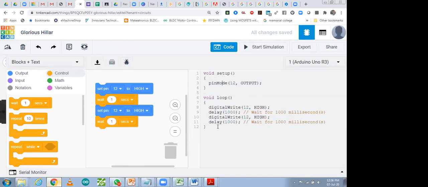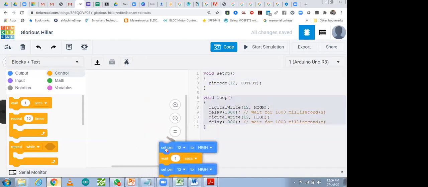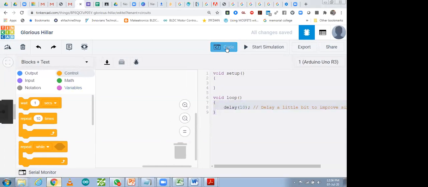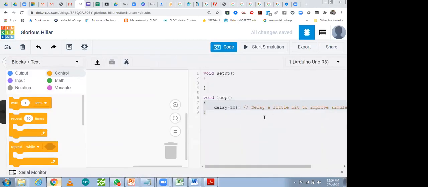Yes, so over here you can see it. Now after that, what is happening in the loop? This one is void setup. This one is void loop. When you are not taking any block, you will find void setup and void loop. Those are basic things. Don't worry, I'm going to explain the coding from selecting blocks. Then after that I'm coming back to this. Over here, you can see both things simultaneously.